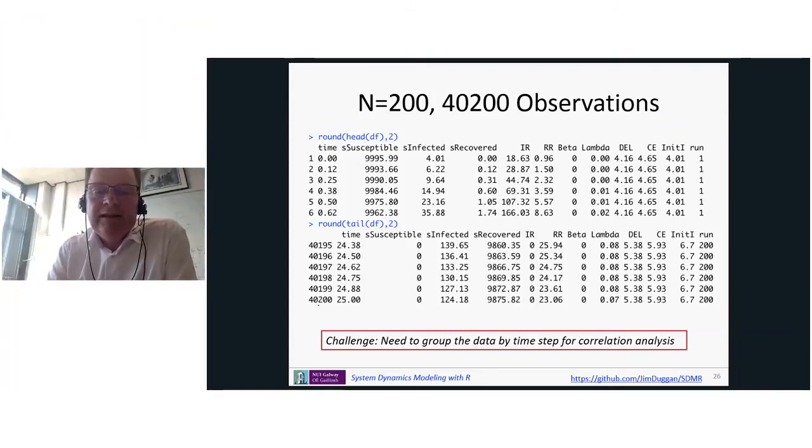So we'll see in a moment that, for example, the effective contact rate in this model is very highly correlated as the epidemic takes off, but then it dwindles off again. It gives you a normalized value between 1 and -1 for any parameter in your model, compared to any of the variables in your model, which can give you insight into what's driving the behavior. It's a nice technique because all you really need is to run the model many times with sensitivity analysis, and then take that data set and do the statistical screening on it,